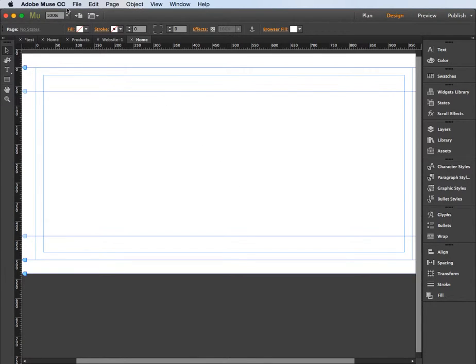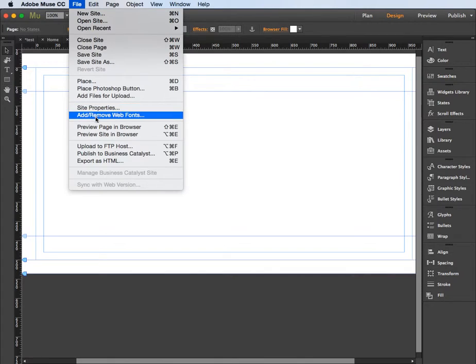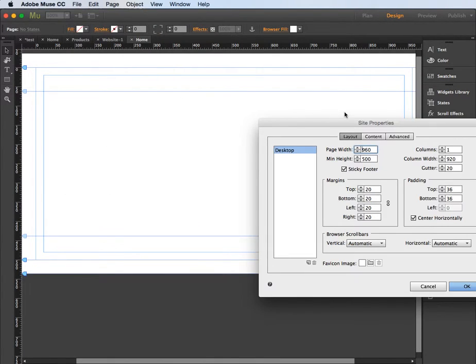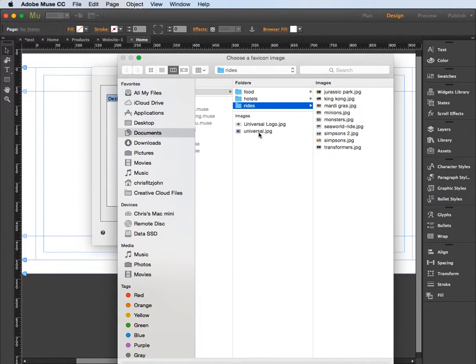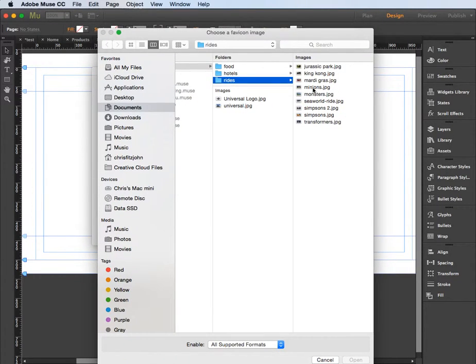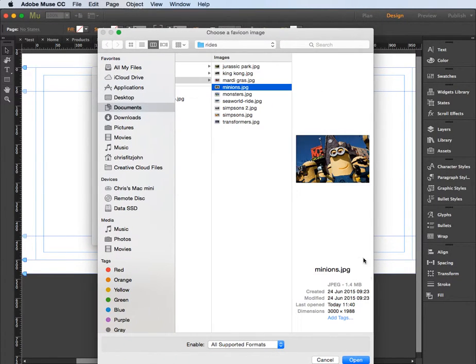Well, here in Adobe Muse you need to go to the File menu and then come down to Site Properties. Make sure that under Site Properties you're working on the Layout tab here, and then you'll see fav icon image. Now you can browse and choose a fav icon. So I'm going to browse and select an image. So I'm going to go for my Minions image here,